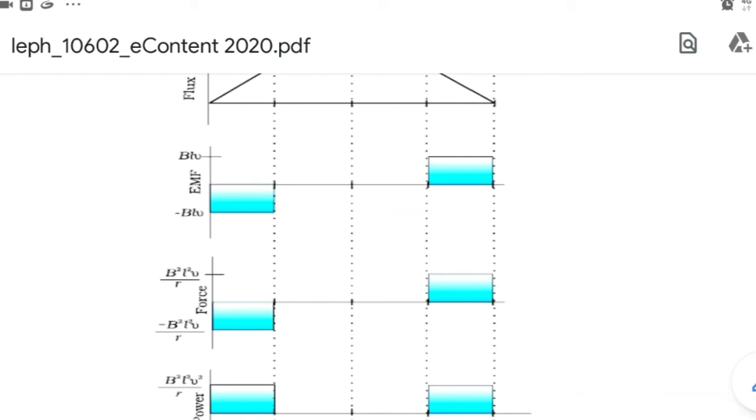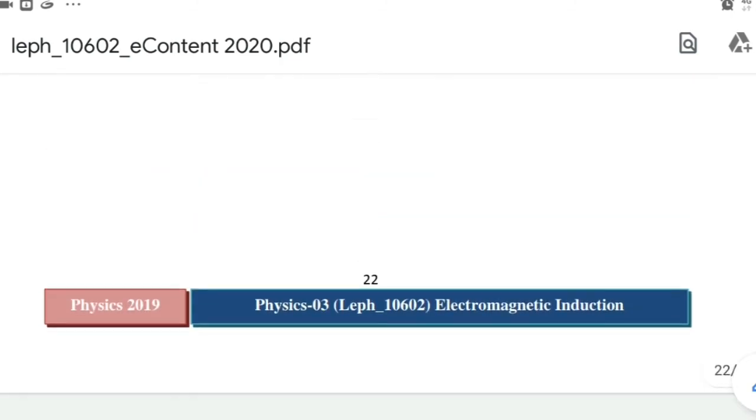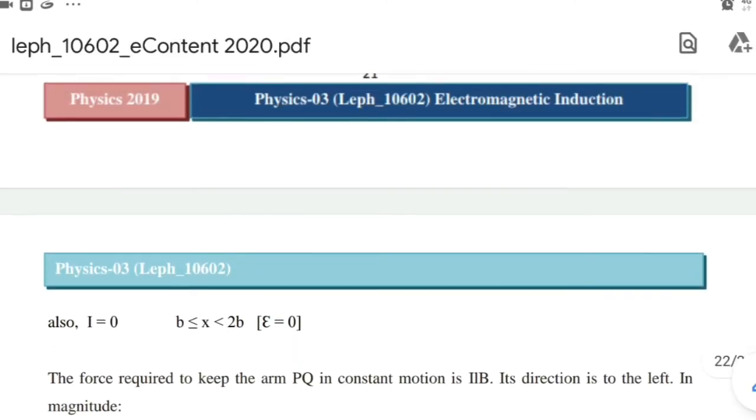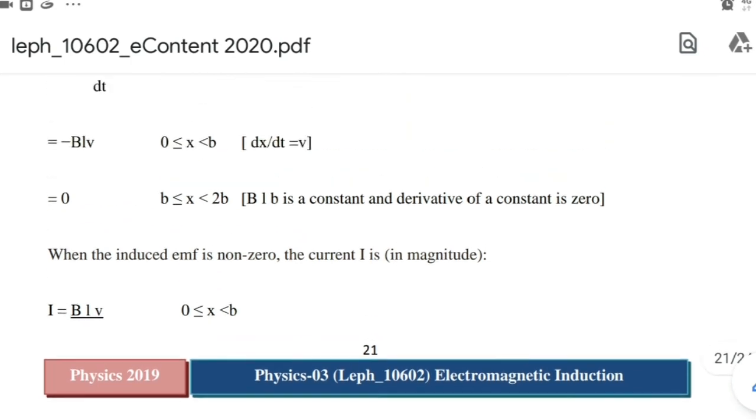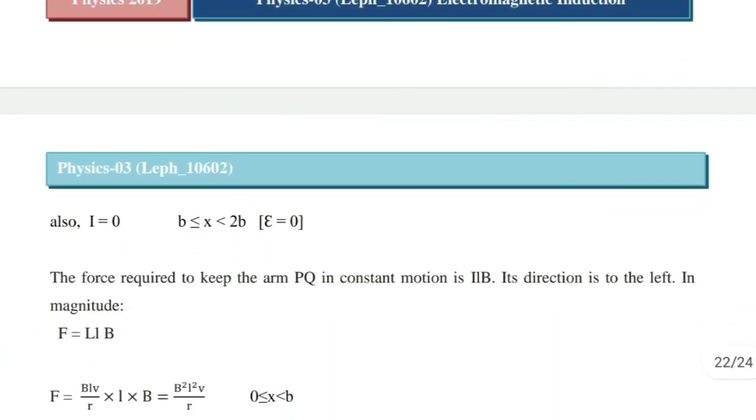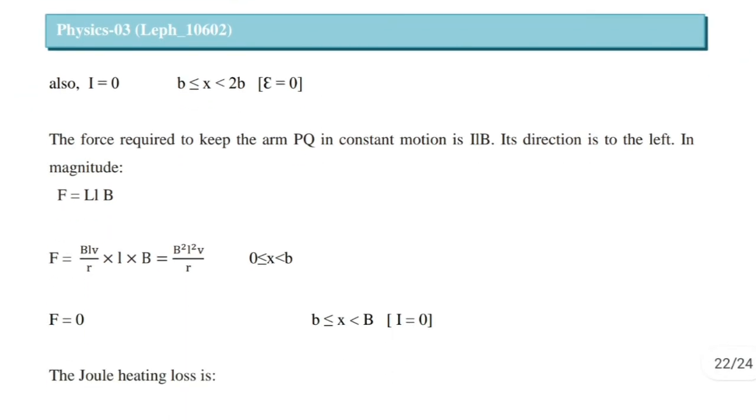Now we move on to the next thing that we have to find, that is force. First of all, we need to find the expression for the force required to keep the arm PQ in constant motion, and that force is IL cross B. In this case, IL cross B becomes ILB. Its direction is towards left when it is moved from 0 to b, because of the force